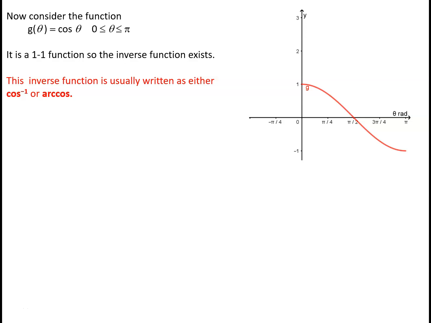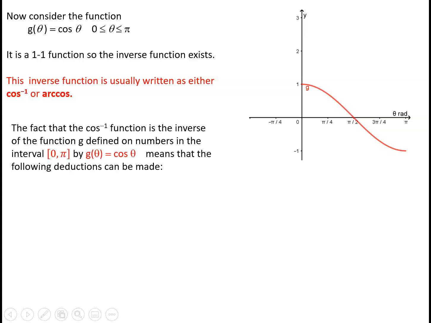Because the cos to the minus 1 function is the inverse of this function g, defined by g of theta equals cos theta on the interval theta lying between 0 and pi, it means that the properties of inverse functions can